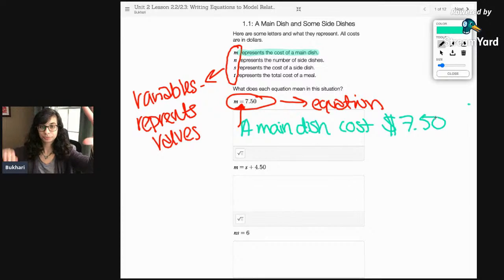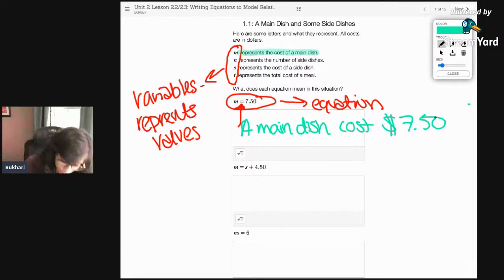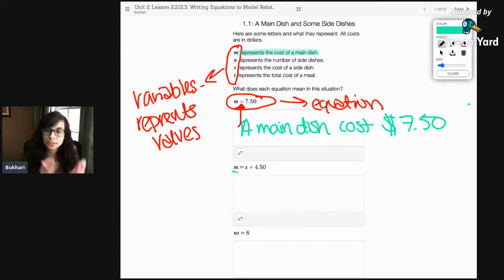Main dish equals $7.50. Nice and cheap. And so you want to go through and think about, okay, let's look at the next one. What does M represent? What does S represent? And start to use those